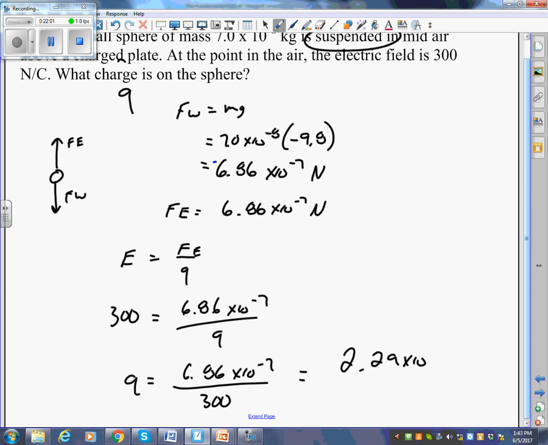2.29 times 10 to the minus 9, and that is in coulombs, right? Coulombs. Now, it doesn't say what unit to use, it just says what charge on the sphere, but if it asked you,